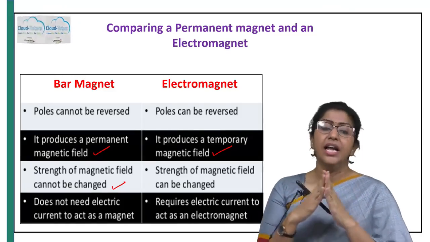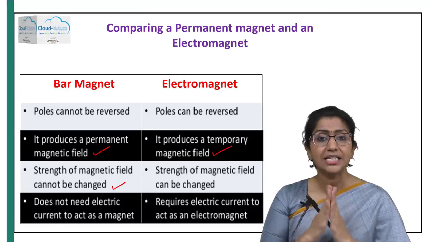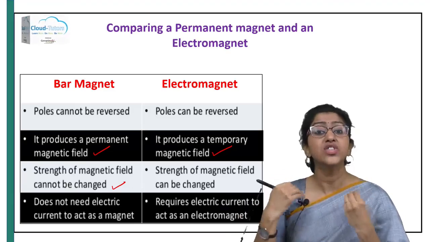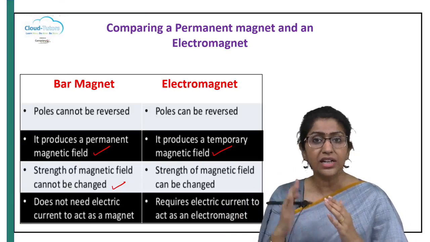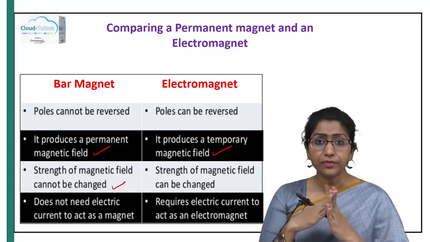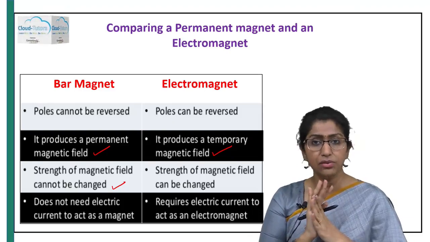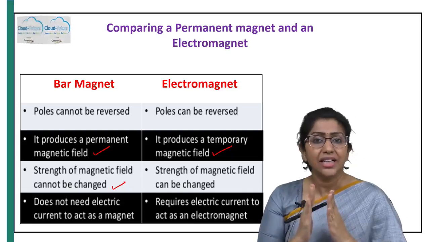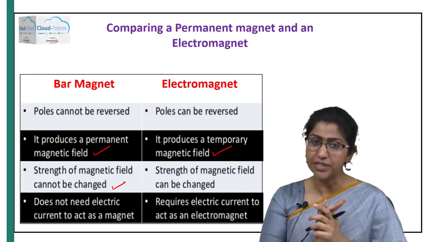How do we do that? In an electromagnet, the strength of the magnetic field depends basically on the number of turns in the coil and also on the strength of the electric current that is flowing through the coil. So by increasing or decreasing these two factors, that is the number of turns in the coil or solenoid, and also the strength of the electric current that is passing through these coils, we can basically vary the amount of magnetic field strength as we require for a given purpose.